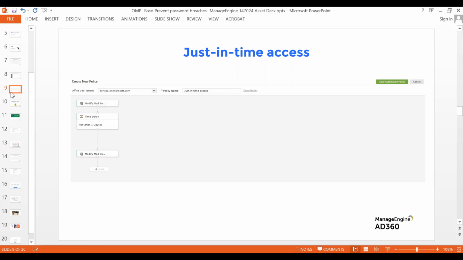So let's say your condition is set that every user who is a part of the contractors group should have access to resources for, let's say, 60 days. The system understands who those users are, starts counting 60 days, and when it's the 60th day, it automatically steps in to revoke all those accesses. So this is again an interesting use case.